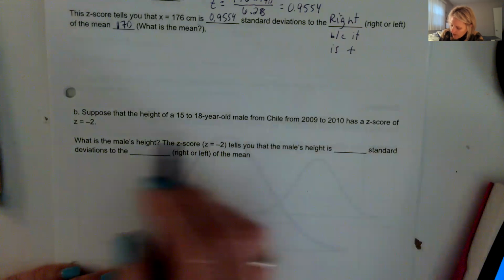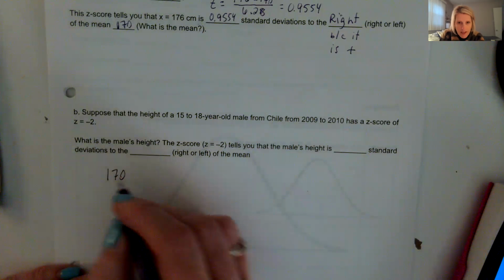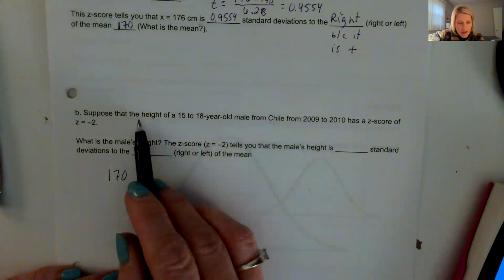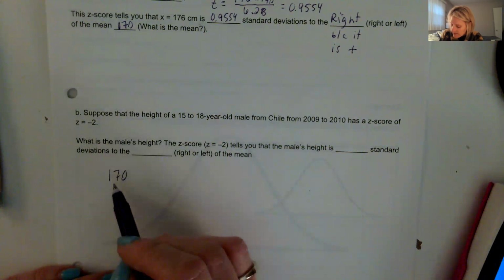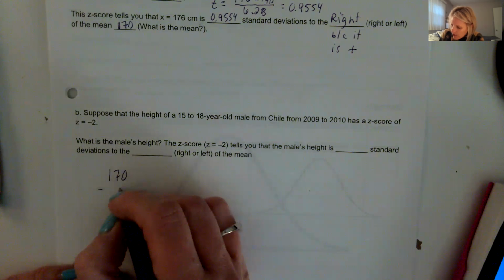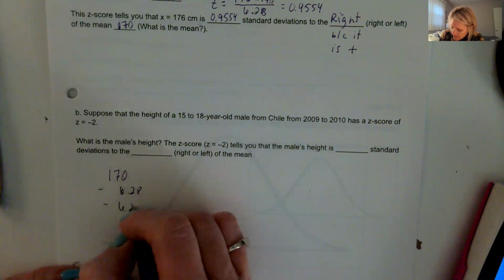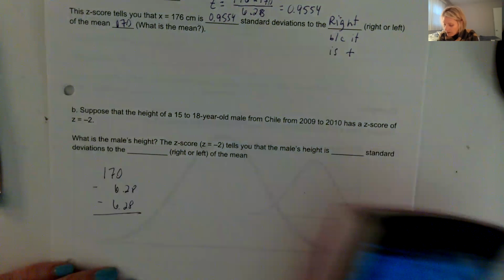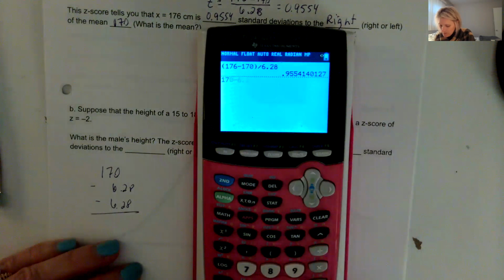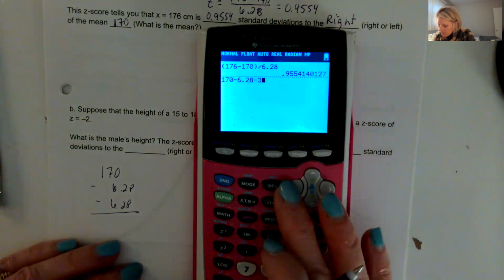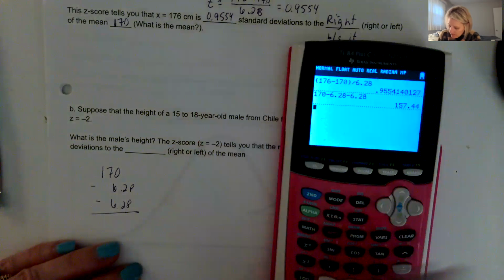We can say that we know that if we take 170 and it says it's a negative, we know it's underneath, it's less than the average, and I can just subtract 2 of the standard deviations. That's one way to do that. And we get 157.44